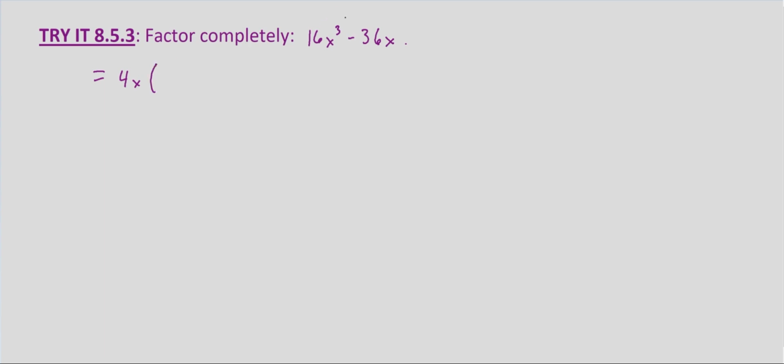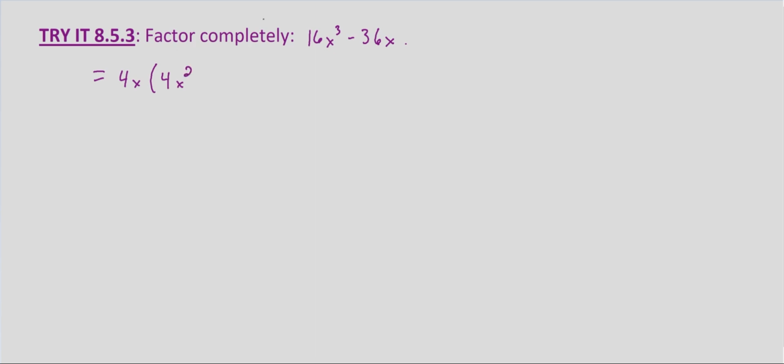And again, if you don't recognize a greatest common factor right off the bat, you can always write out the prime factorization. You know, 2 times 2 times 2 times 2 times x times x times x, and then 2 times 2 times 3 times 3 times x, and look for the columns that have common factors, and you'll end up getting 4x. So 4x times